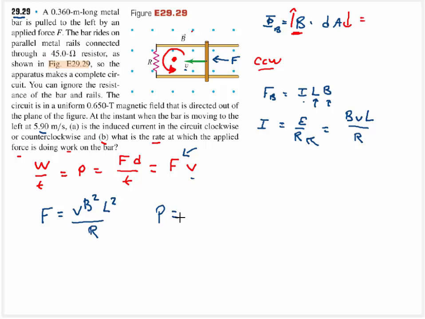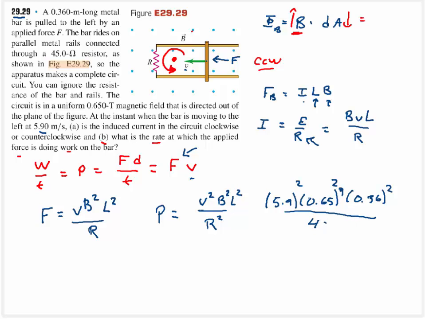And so the power is now going to be that force multiplied again by velocity, so we're going to have a velocity squared, magnetic field squared, length squared, and resistance squared. So we're going to have essentially 5.9 meters per second, that's the velocity. We're going to have magnetic field 0.65 Tesla. Oops, make sure I square that guy. And then the length is 0.36. Square that guy, and then the resistance is 45 ohms, and we're left with a power output which is actually